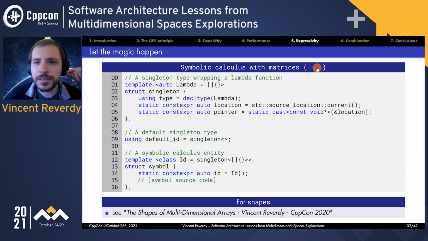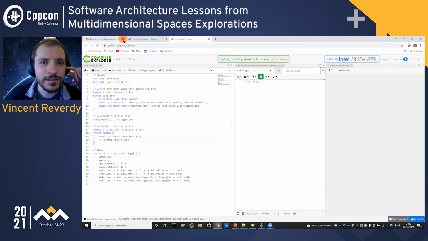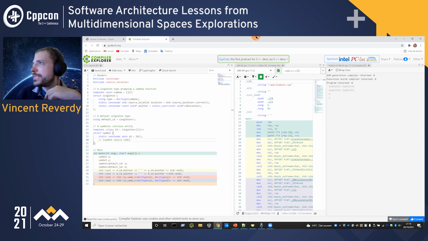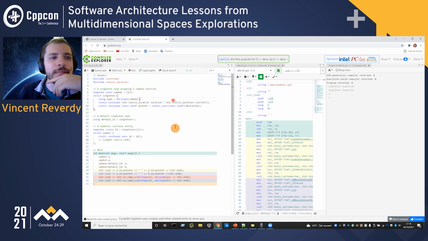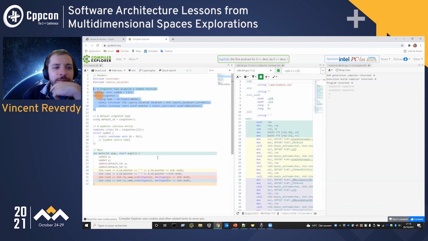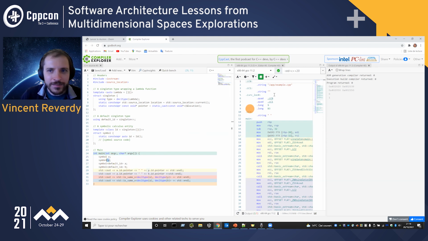And the way it works, I hope you can see the Godbolt. So as I said before, we have a singleton and we have a symbol thing. And then if we type symbol X and symbol Y, and we look at the pointer in X and Y, even though they are declared in the same way, then if I compile the code,